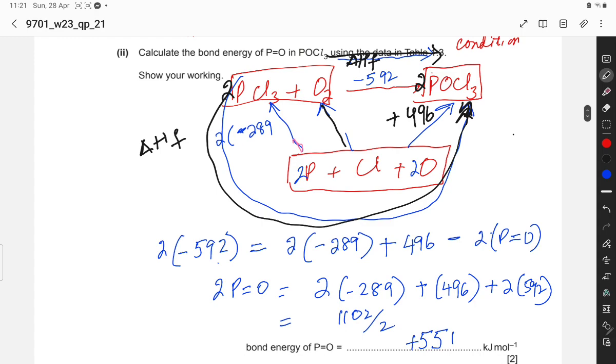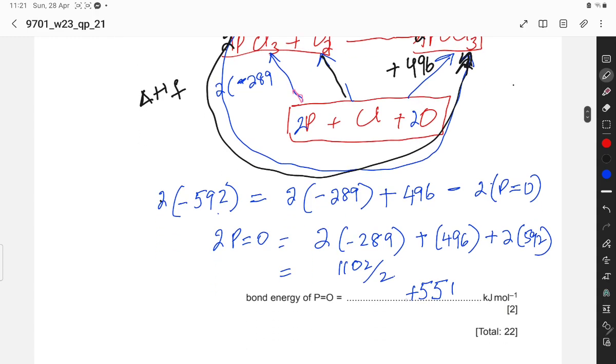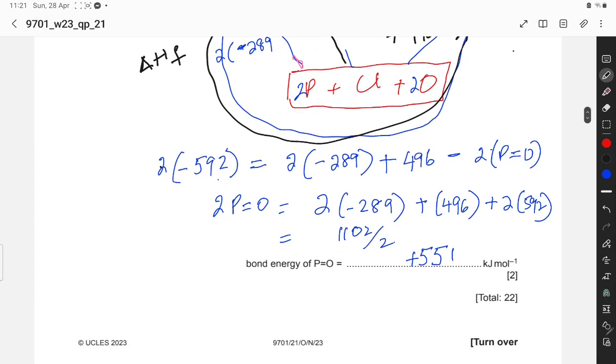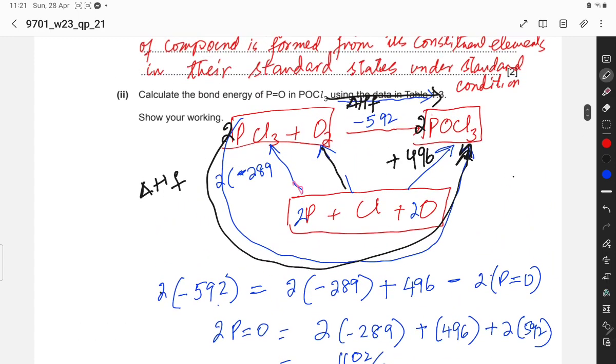So this is plus the 2 PO. We calculate this value: 2 times minus 592, this is equal to plus 551. So the 2 PO is equal to 1102 divided by 2. Calculate on a calculator, but you have to draw the cycle like this. This is POCl3, and this is